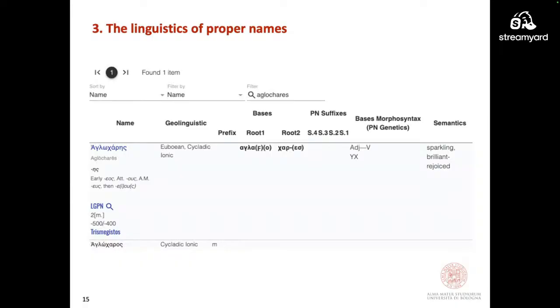So we have an adjective and a verb, and then from the point of view of the microsyntax, we have a modifier and the head. So Y is the modifier and X is the head. So this name meant something such as rejoicing in splendor.